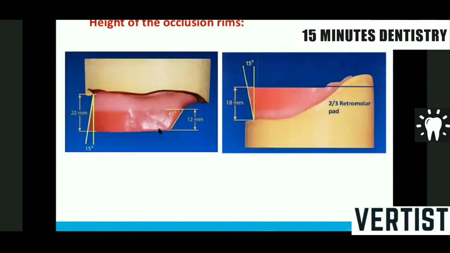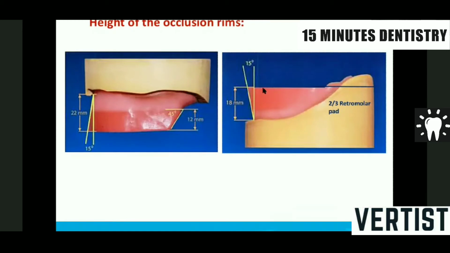And in the posterior, where my cursor is moving, it is very important to have a 45 degree slant, which most of the time I find students don't do. They forget it in the examination, because this is a space where the lower denture base sometimes interferes. So you slant this occlusal rim.